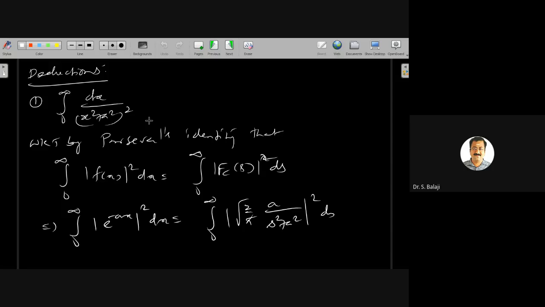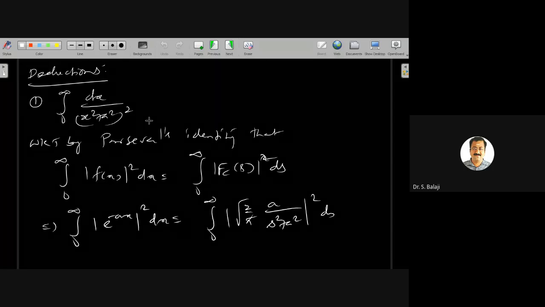Integral 0 to infinity dx by (x square plus a square) whole square. Since there is a constant in the numerator, you can use the Fourier cosine transform of e power minus ax. Therefore, you can use Parseval's identity. We know that by Parseval's identity,